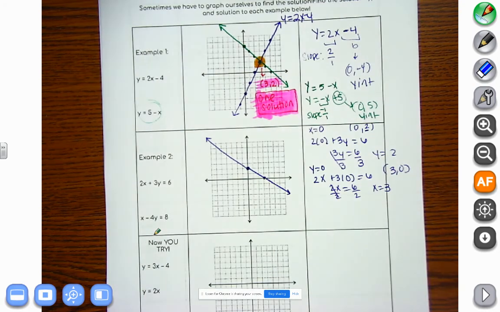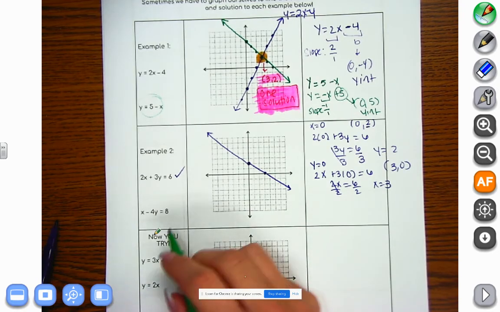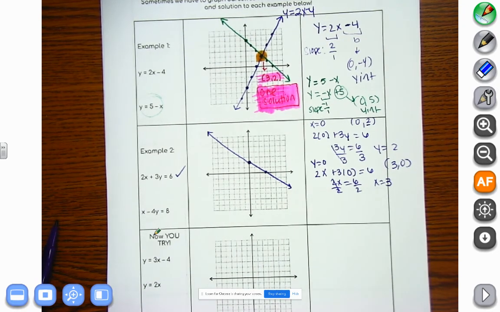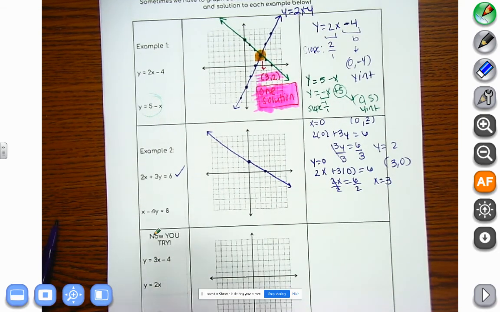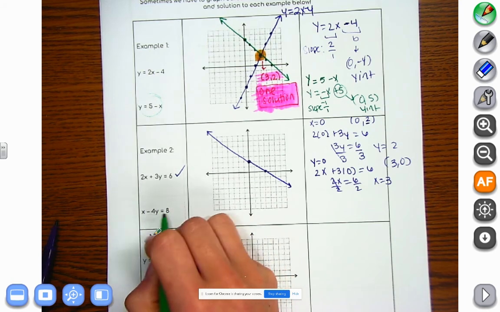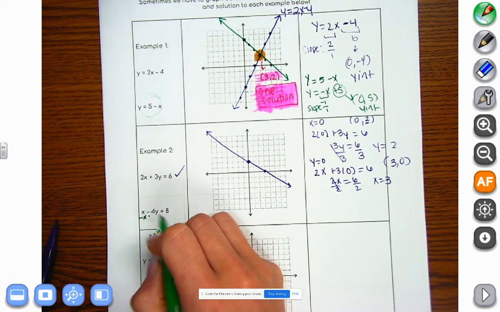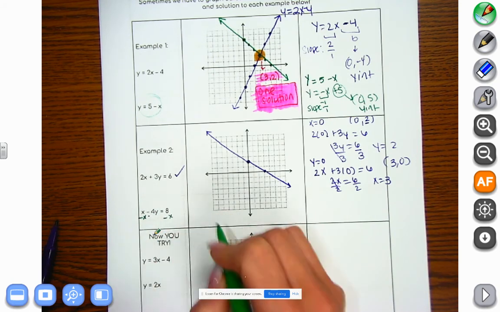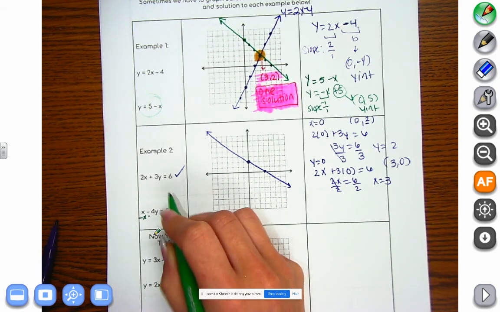Okay? Now we've graphed our first equation, so let's graph our second equation. We have x minus 4y equals 8. This is also standard form, but we can rewrite this, okay? We can manipulate it so it's in slope-intercept form. That's just another way to do it. You can do it whichever way you prefer. But in order to make this in slope-intercept form, we would subtract x from both sides. So if we subtract x from both sides, we get negative 4y equals 8 minus